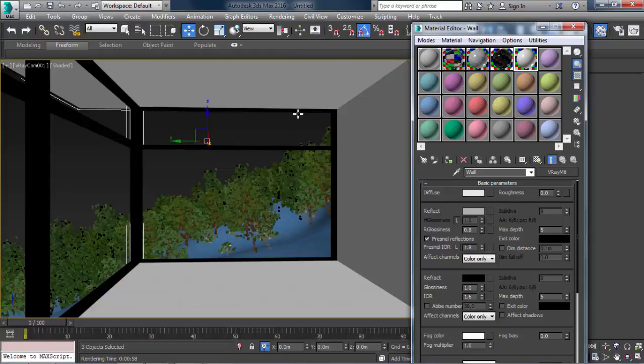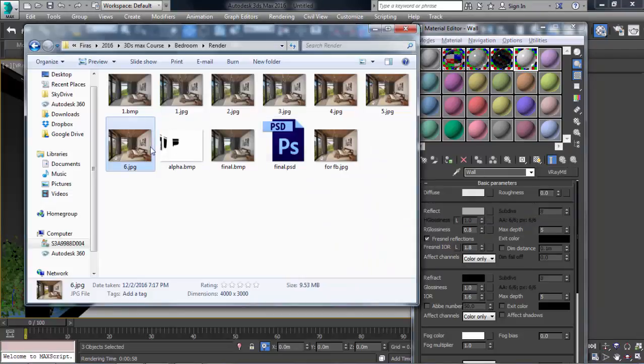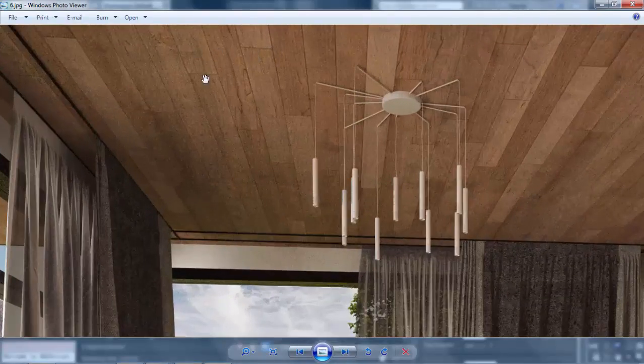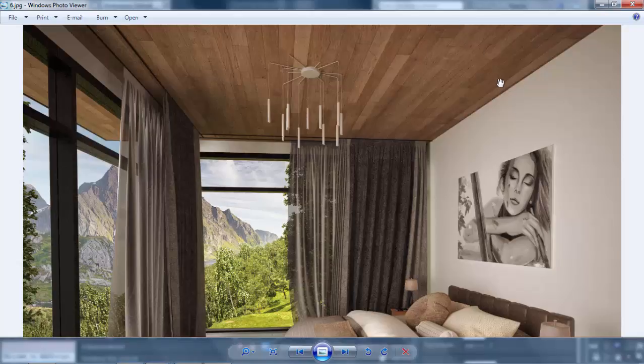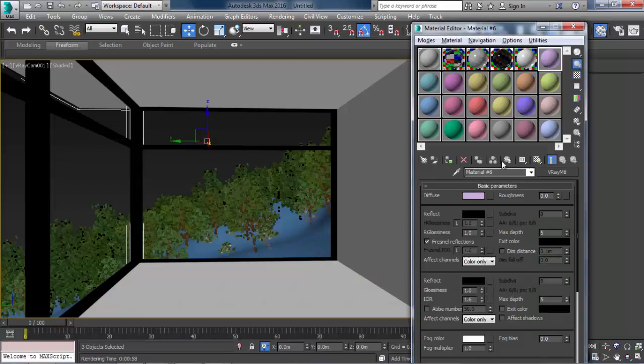Now the ceiling material, as you can see here, we have something like parquet in the ceiling. So let's create that ceiling, and in the diffuse I will have a composite.